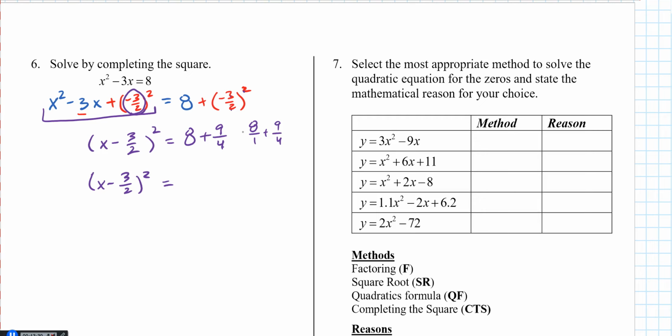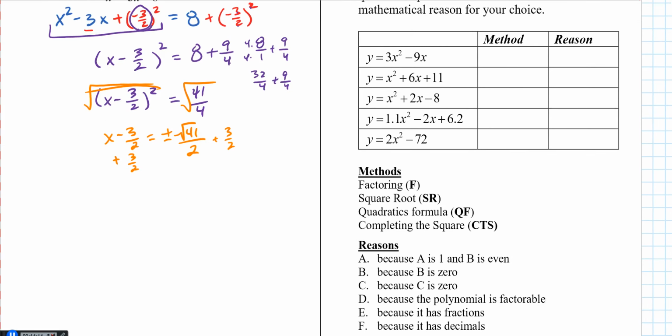You can use your calculator if you'd like to. I get 32 over 4 plus 9 over 4 with a common denominator, and I get 41 over 4. Alright, now we're going to solve this. We're going to get rid of that square by taking the square root of both sides. So x minus 3 halves is equal to plus or minus. I don't know the square root of 41, so it stays, but I do know the square root of 4, which is 2. Now I'm going to add the 3 over 2 to both sides,